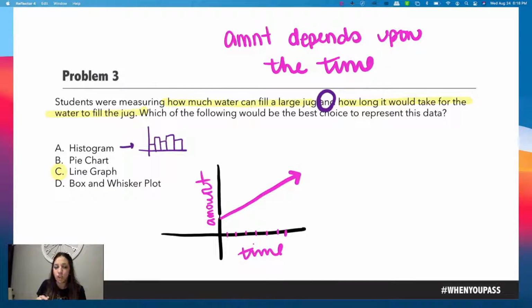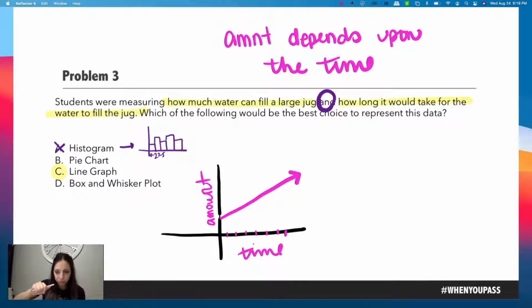Could this be used to represent that data? It could. I could put like from 0 to 2 hours, how full is my jug? I could put from 3 to 5 hours, but it's really not the best use because I want to be able to see how full the jug is over the course of time. I don't want just from 0 to 2 hours and only see one number. I want to watch how that jug is progressing. So that's why a histogram is not going to be the best. However, a histogram is one in which you do need two numerical values.